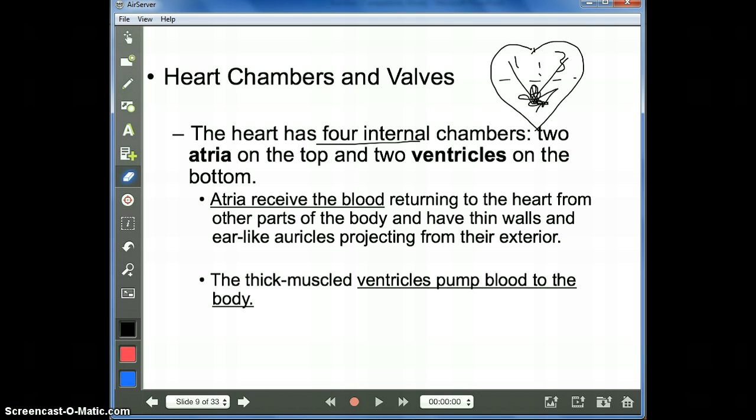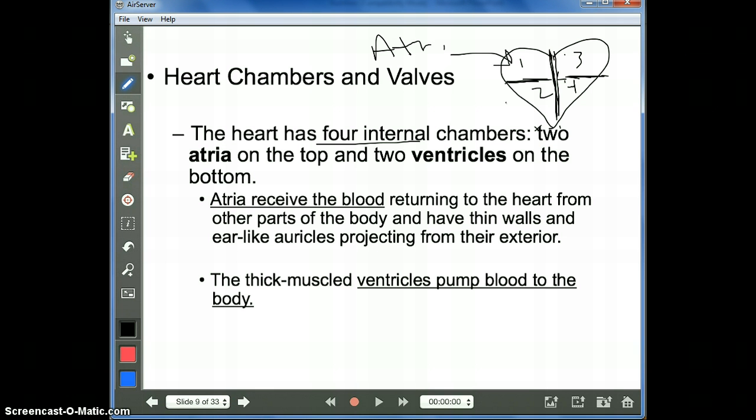That's not very efficient. So if I get rid of that and I go back to now an efficient heart where I have separated out 1, 2, 3, and 4 chambers by this thing in the middle, it's called the septum. And I also have different valves, one on this side and one on that side, you'll see here shortly. Now the 2 top chambers are going to be called the atria. Those are the 2 chambers that are going to be found on the top of the heart. The 2 bottom chambers are these ventricles. Now the job of the ventricle is to actually pump blood throughout the entire body, where the job of the atriums are to receive blood.